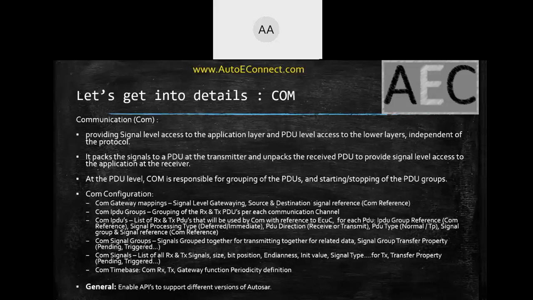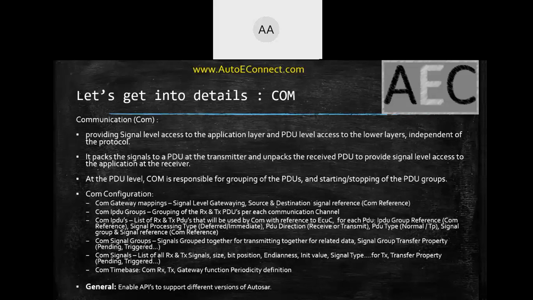Now we have to route this to the third ECU. In this case, the first 2 signals we should not alter or change anything. The second ECU will not do anything for these first 2 signals. Then these 2 signals can be gatewayed. It is called signal gatewaying, and that is supported only at the COM level. Because signal level access is possible only at the COM level, signal level gatewaying is also possible only at the COM level.